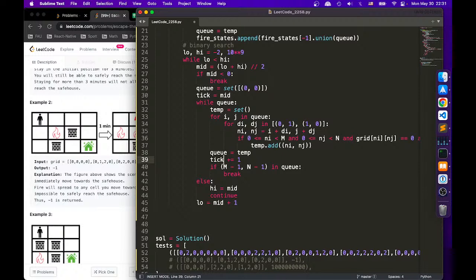And it fails. Yeah, so hold on. So mid works and the low becomes mid plus 1. And then it fails